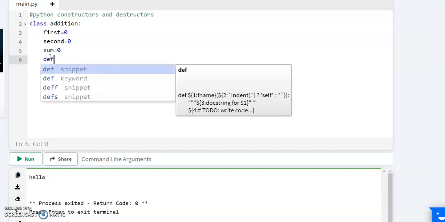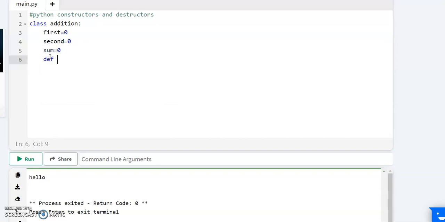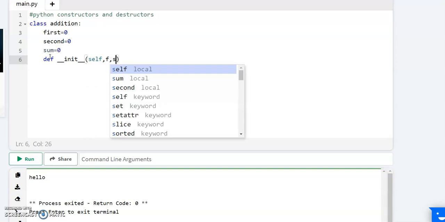Then you need to use def, this is the constructor, def __init__ self, f, s are the parameters.